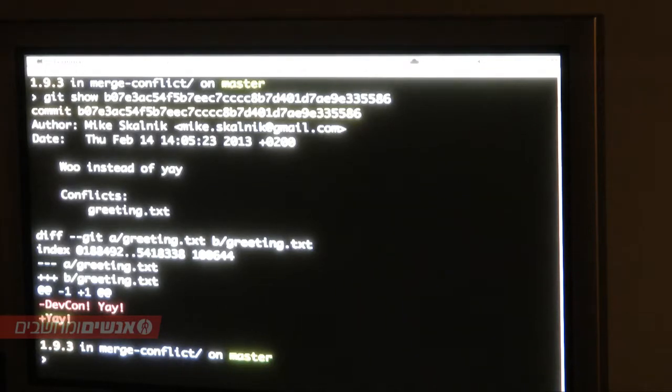So interactive rebases can be useful when you've fouled up your history and you want to make something better out of it. Do you guys have any ideas when this could be useful? Well, it's useful, yeah. For me, I use it when I work on a local branch, and I keep pulling changes from an upstream branch, and I don't want to merge them, so I don't want to end up with little merge commits. So if it's a local branch, there's no worry about rewriting history, so I can just take that branch and put it on top of my upstream branch. Perfect. So this keeps it streamlined.